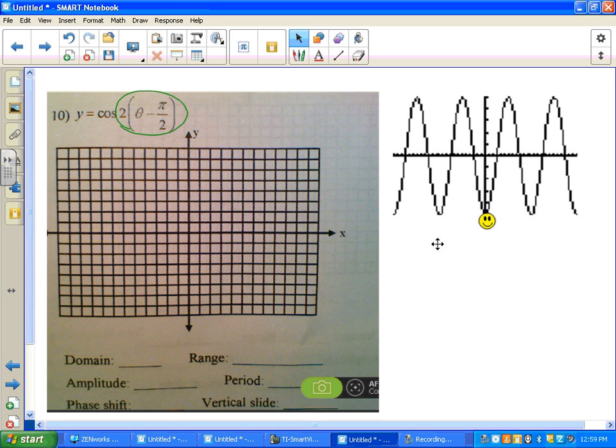Okay, that's the bottom. So we have a phase shift of pi over 2. Let me see, this is 2 pi. Half of it is pi. Pi over 2 is right here. Oh, that's where it's starting, at pi over 2. Okay, so what is that? This is 6 marks. That's 3 marks. So pi over 2